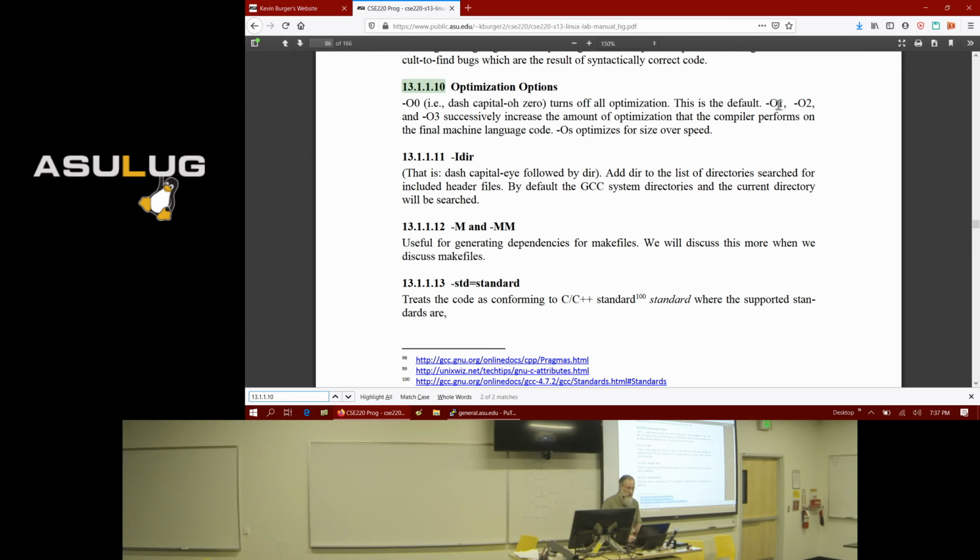So optimization levels are 1, 2, and 3. The higher the level, the more time the compiler is going to spend trying to optimize the code. It takes time to do that. So when you compile with -O3, it's going to take longer to build a project than it would if you compiled with no optimization. But in a production environment, you often want your program to run as fast as possible. So during testing and debugging, you don't want to optimize, but you may want to optimize when you release the product.